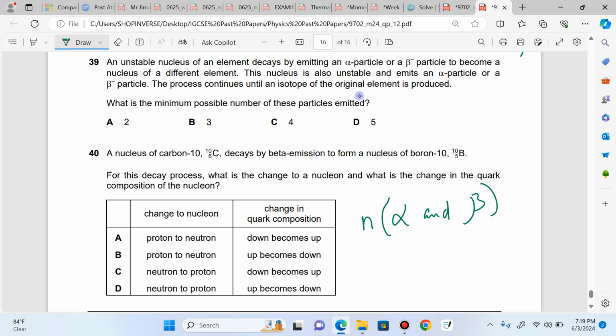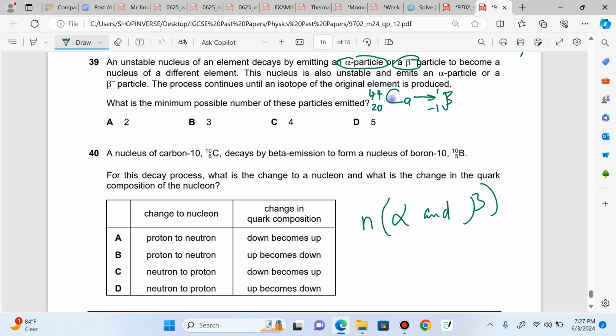For an illustration, we deal with an isotope of calcium. Let's use calcium for an example. So let's take, for instance, this isotope of calcium. The atomic number of calcium is 20. Let's just start with a higher value of 44 for the mass number, which is 20 protons and 24 neutrons. Fine. Now, a nucleus of an element can decay by emitting an alpha particle or a beta particle. Let's start with the beta particle. When it emits a beta particle,